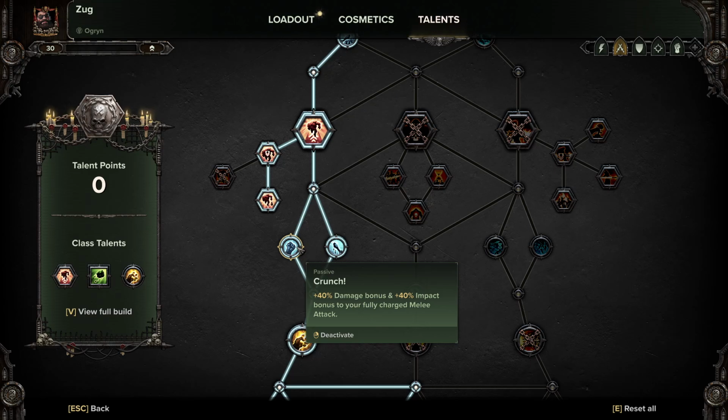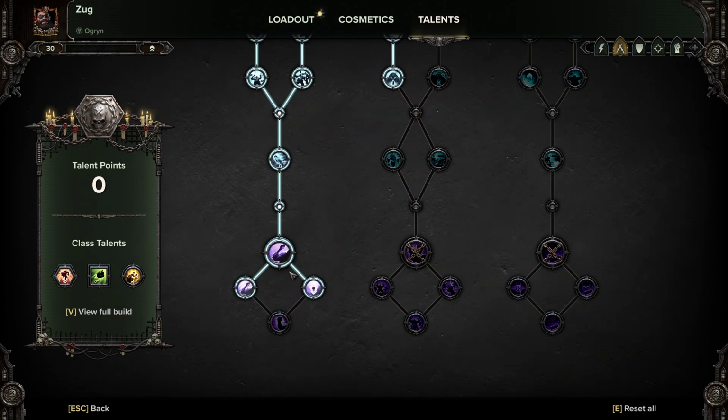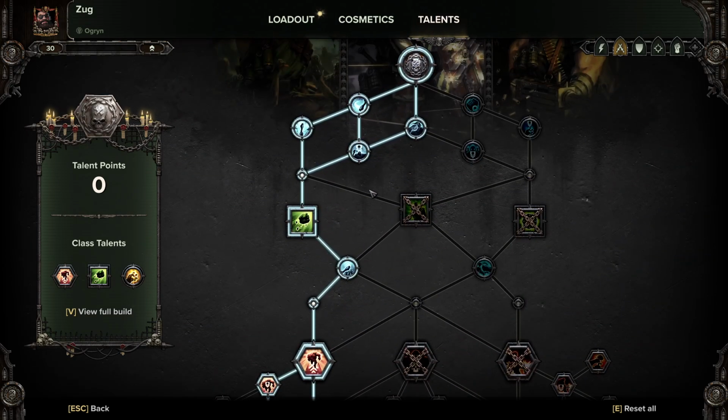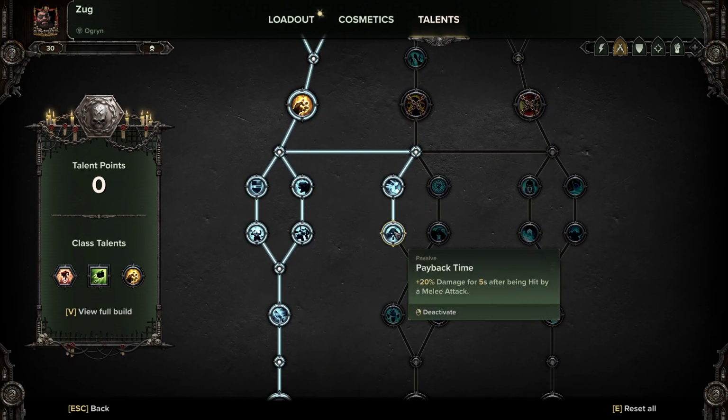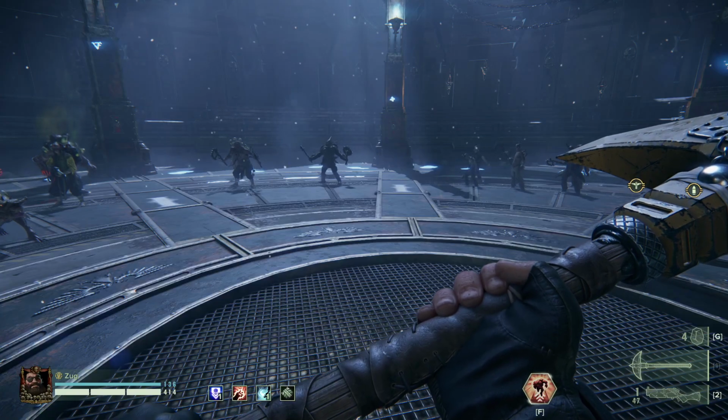You are getting 120, 160% extra damage from these two blessings and one ability. Not to mention all your heavy hitter stuff and Furious and the best defense, and also not forgetting payback time, which gives you a 20% damage boost just by getting hit, which you will a lot. So yeah, you are an absolute monster with this build, but